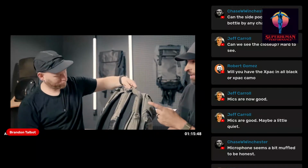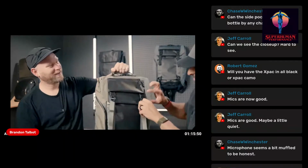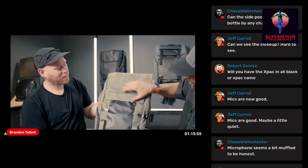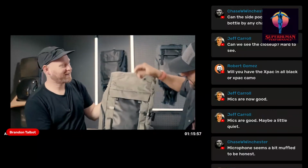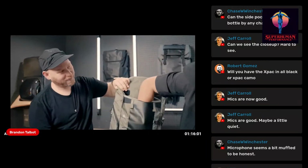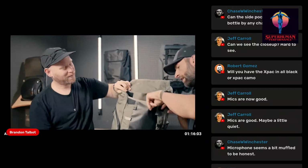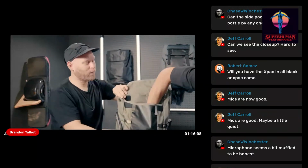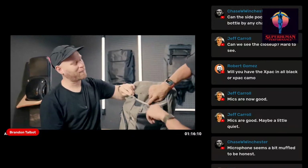Okay, so I found a pocket yesterday. Show me. That you didn't go over, but it's on here. When you lift this up, this is my favorite pocket. Now you've got this hidden guy right here, and it's huge and deep and goes all the way inside. And it's got an interesting material in there. It's almost like a wet bag. Is that what this is for? Well, you're just feeling the back of the...